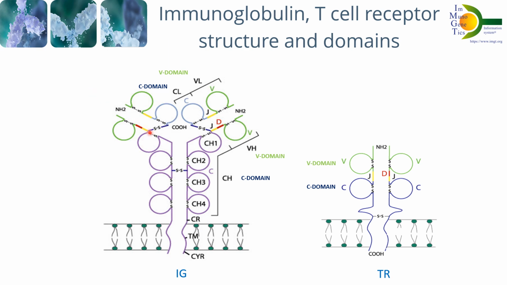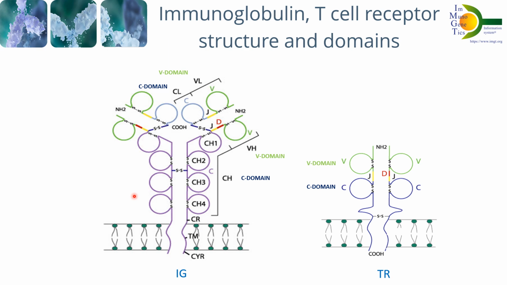Each heavy chain is composed of a variable domain, we see it here, resulting from different types of genes, namely variable, diversity, and joining, involved in the antigen binding, and a constant domain coded by constant genes, which are responsible